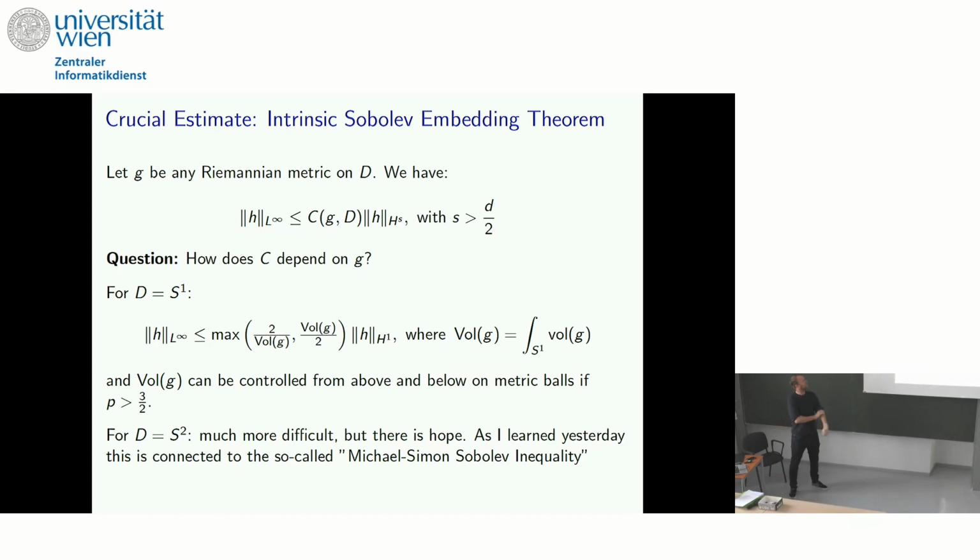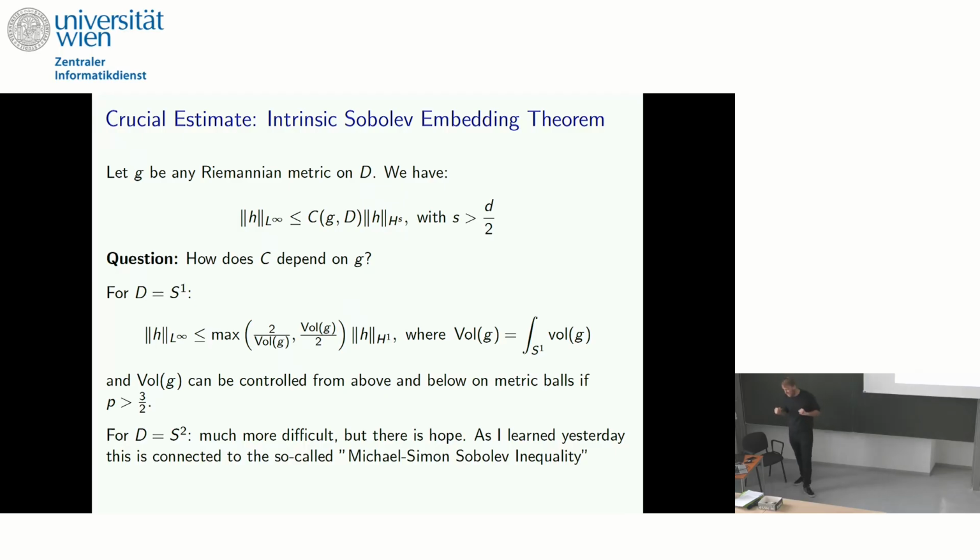And since it's the problem that I'm thinking the most about right now, I want to say one slide about this as well. So what is the main ingredient? One of the reasons that I want to spend 2 minutes is that yesterday after a talk, I finally got some help, and I want to thank you for this. If this works out, this 5 minute conversation paid for my flight. I was really stuck with this, but yesterday I was pointed towards a certain class of Sobolev inequalities that we didn't find for years, so it's great.